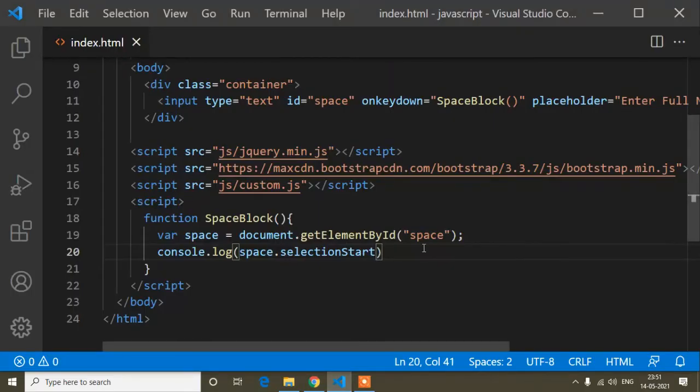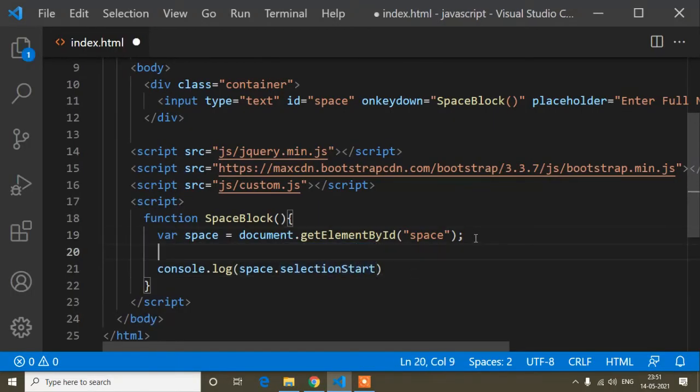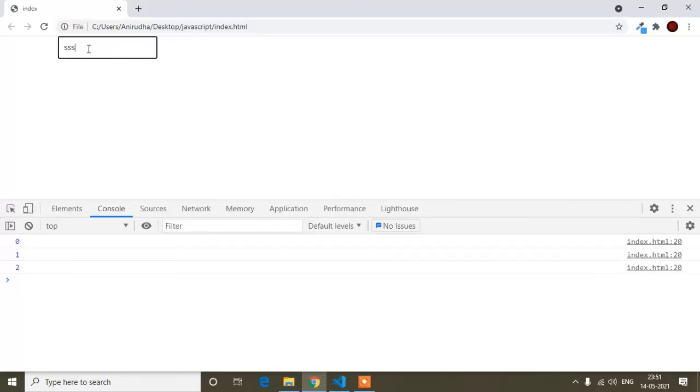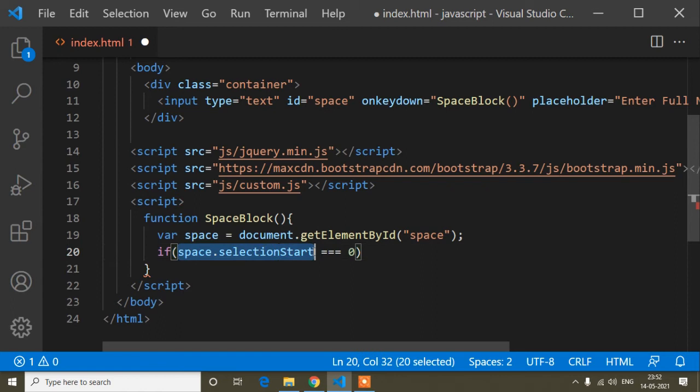So now guys, by this selection start method, here I can write an if condition: if this.space.selectionStart triple equals 0. I will remove this console because I don't need that. When I add a space as the first character, the count will be 0, as you can see when I pressed the first character, it was showing 0. So that's why I can write the condition this way, the space.selectionStart is 0, and